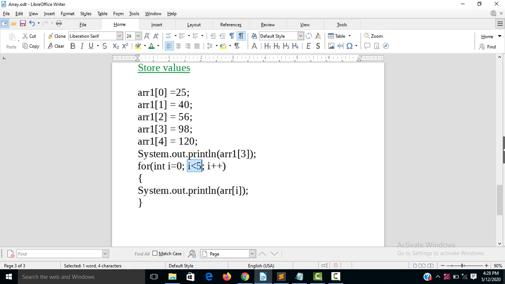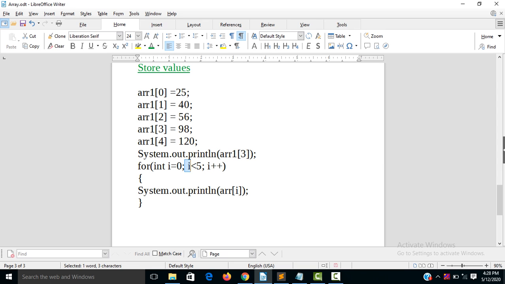Here again check the condition, 2 less than 5, yes, it's true, then it will print array index 2, 56, and here 2 plus plus is 3, so i will become 3.